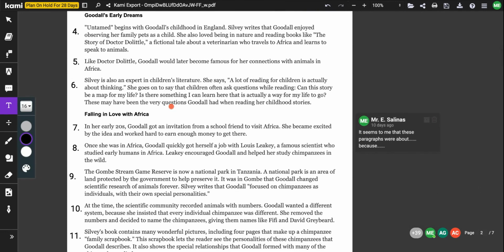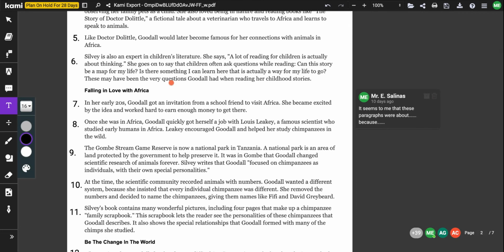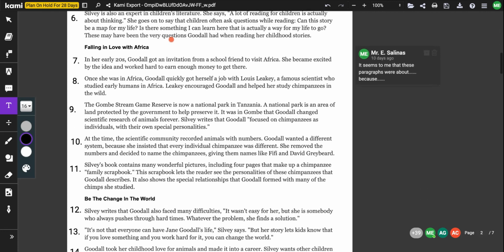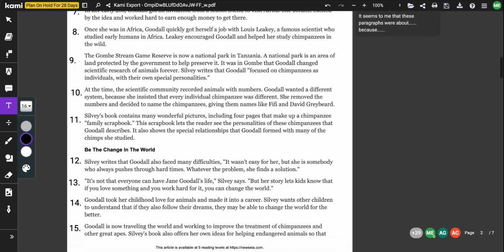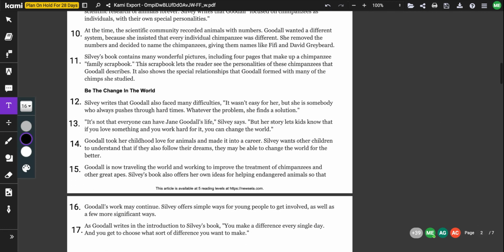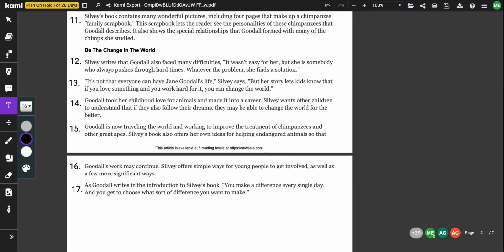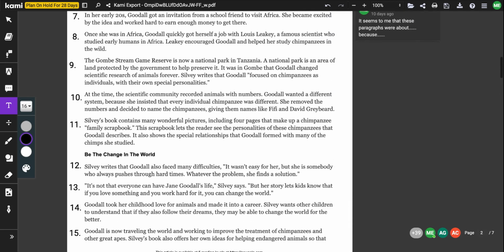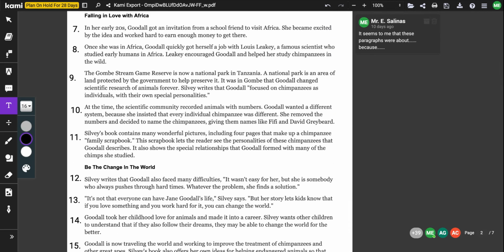So again, looking through the article again, I'm trying to find more responses to help me answer my TDQ. Good. So again, paragraph 9, it says,